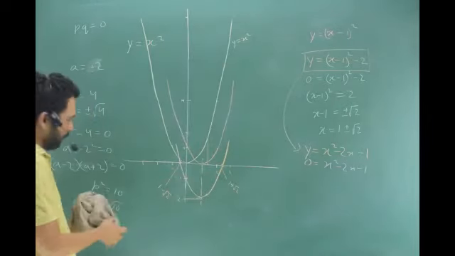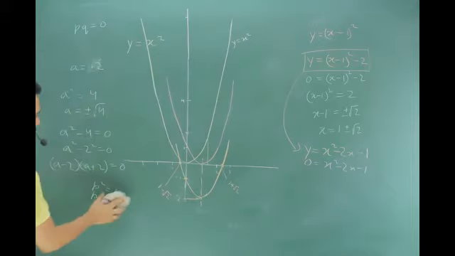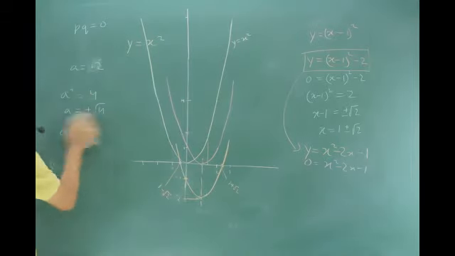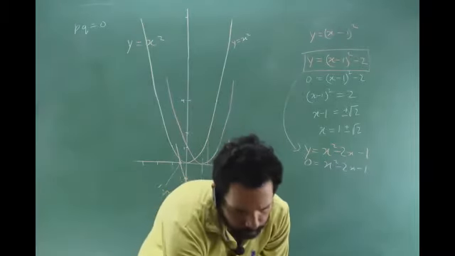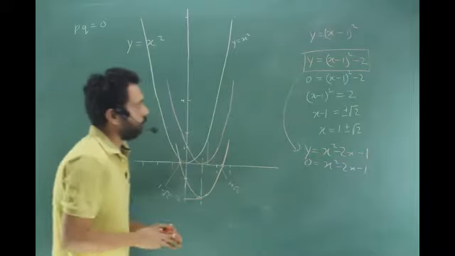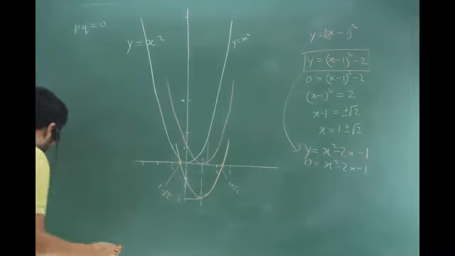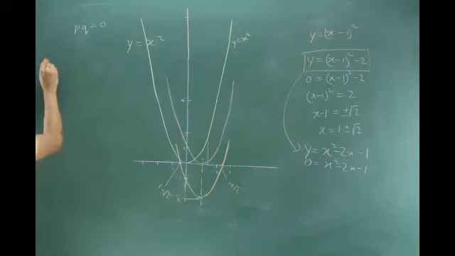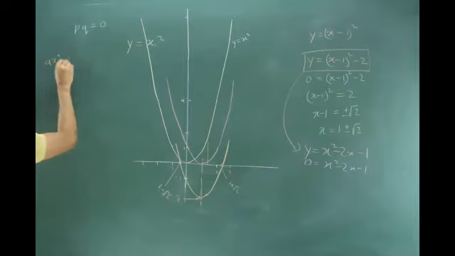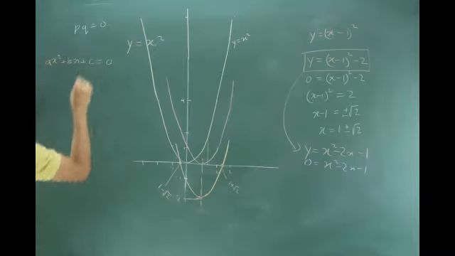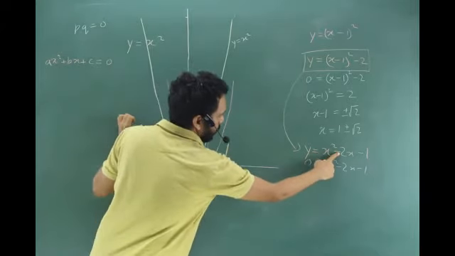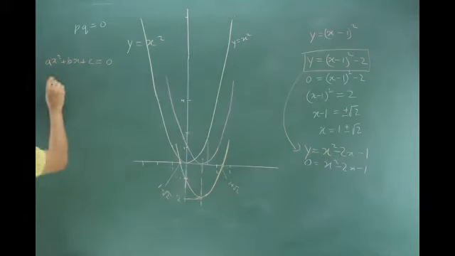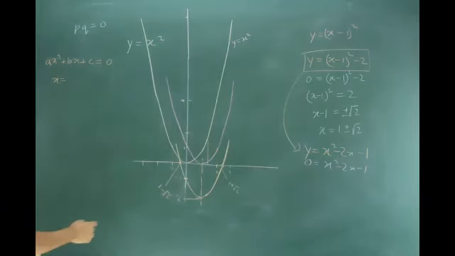Okay, for the kids who are not understanding what they are saying, that they have used a certain formula. So what they are saying is, I'll try to do that also today in the class. If you have a quadratic equation ax square plus bx plus c equal to 0, then you can match your a, b, c's, like a is 1 over here, b is minus 2 and c is minus 1 over there. Then your x is given by 2 values.